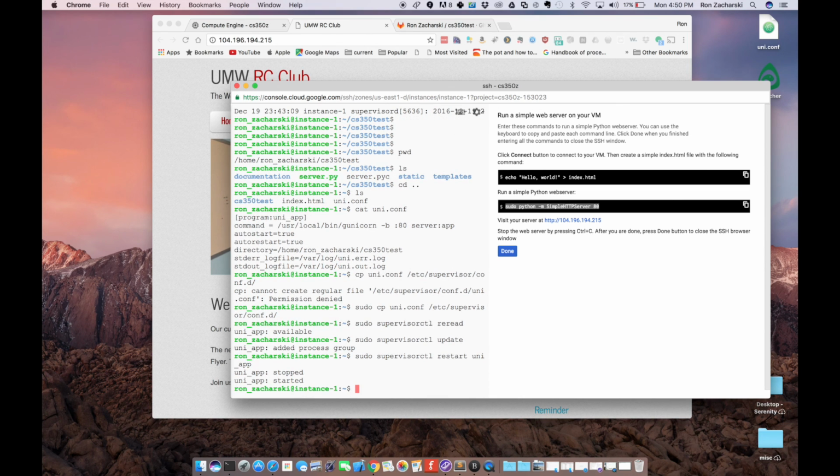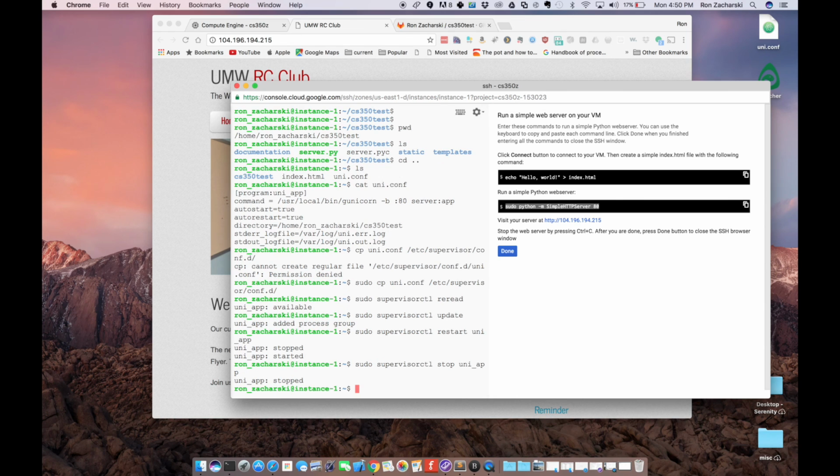And so if I made a change to one of those files, it'll update it. So that's it. I think I gave you a pretty good introduction for how everything works. I can get rid of that. Of course, I can go sudo. Let's say I don't want that app running anymore. ctl stop uni app. And if I wanted to really get rid of it, I would